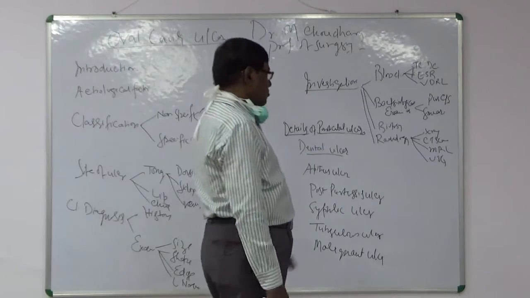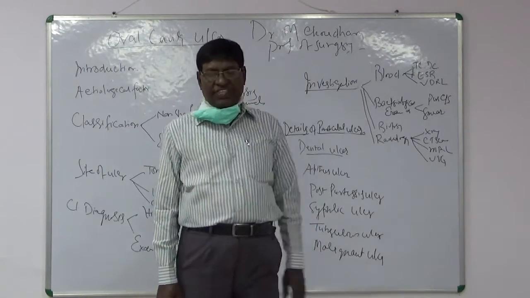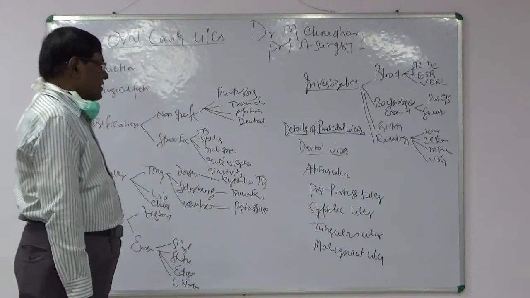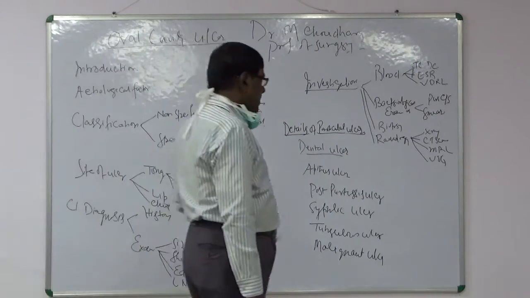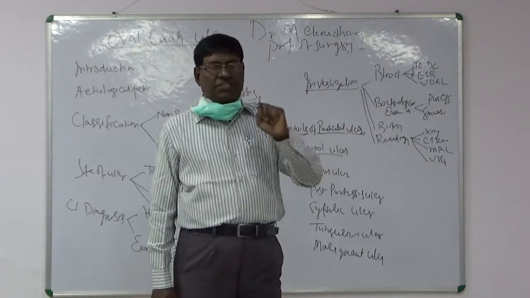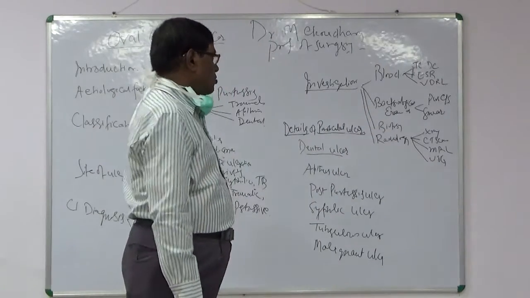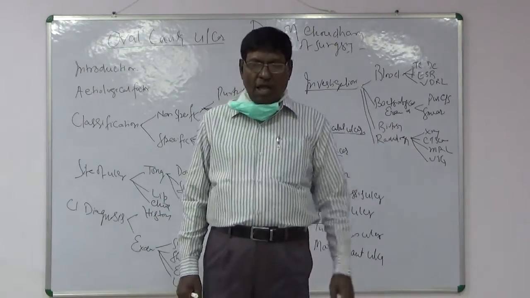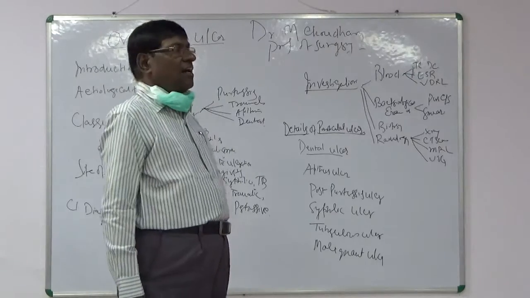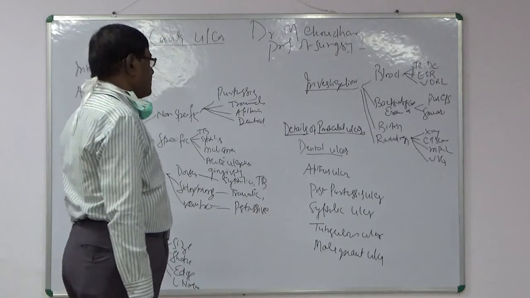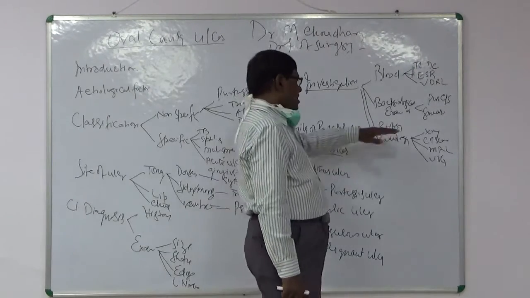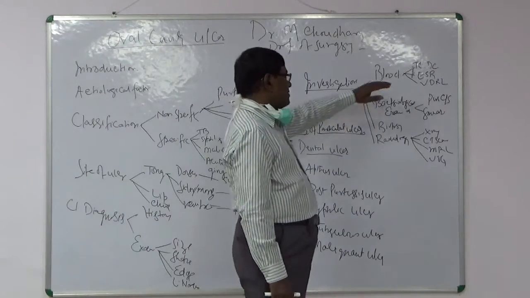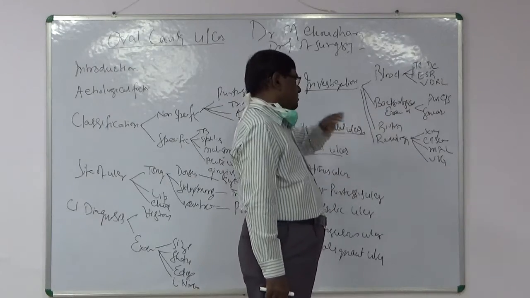The biopsy: if the ulcer is of long duration and refuses to heal, a non-healing ulcer in the buccal cavity, or if the margin is everted, you can take a chunk of tissue from the ulcer and do the biopsy, to see whether it is due to a malignant condition or there is any change in the nature of the cells, and you can diagnose whether it is tuberculous or carcinomatous ulcer or not. So you take the blood for investigation, bacteriological examination and biopsy.